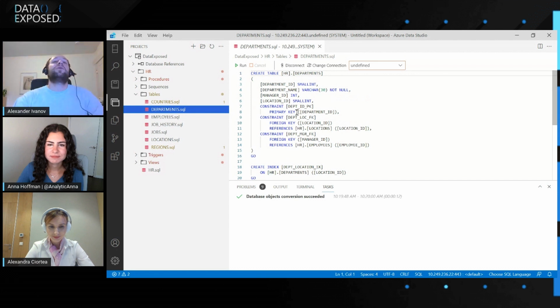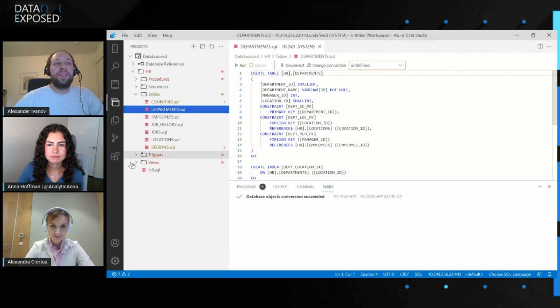As with any heterogeneous migration tool, there are obviously things that we may not be able to automatically convert for you. And in these cases, we will just produce what we call conversion errors and conversion warnings, which are pretty much places where you have to go and look into and see if what we produce automatically works for you in case of a warning, or go and do some manual work with the conversion in case of an error.